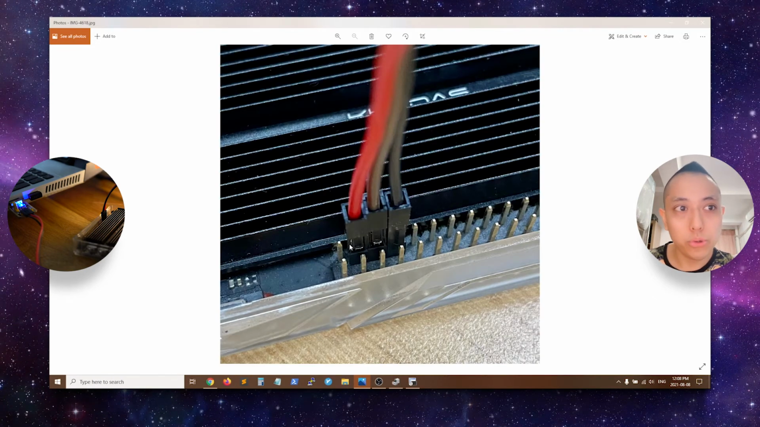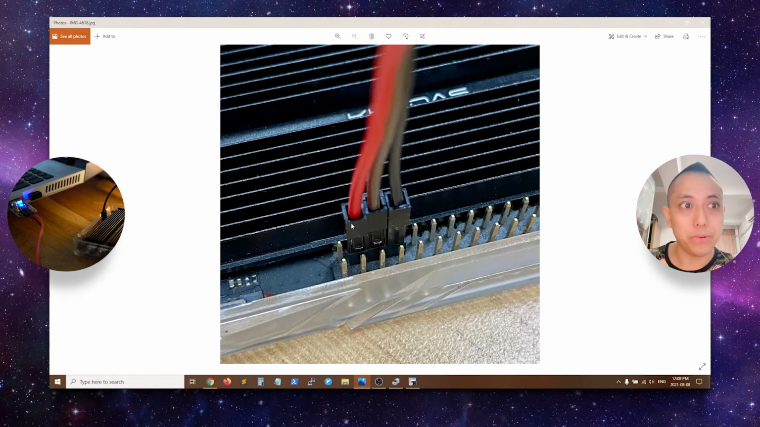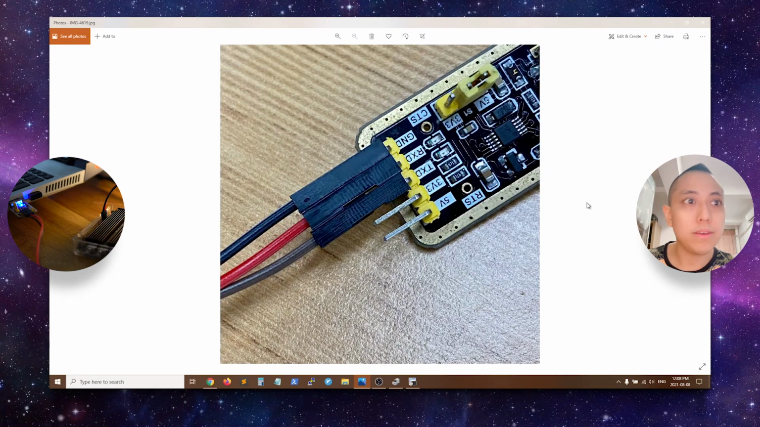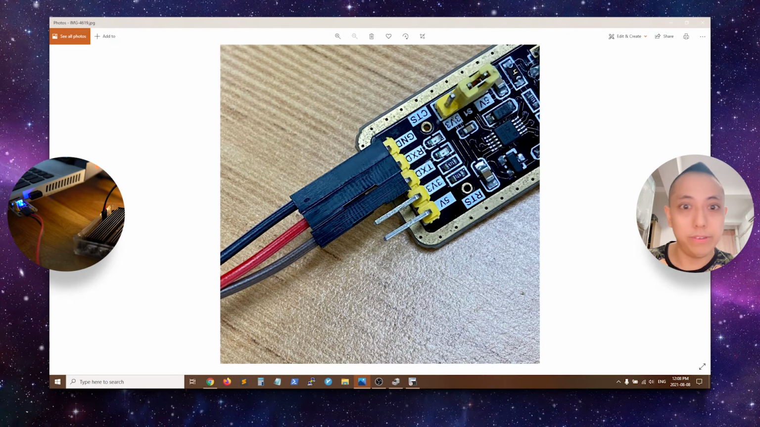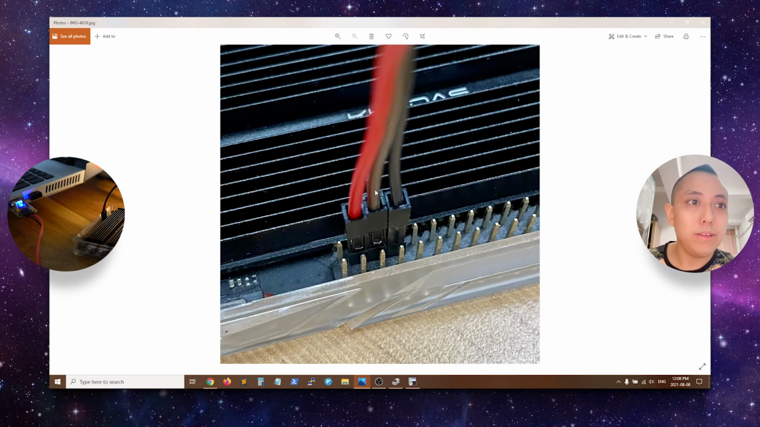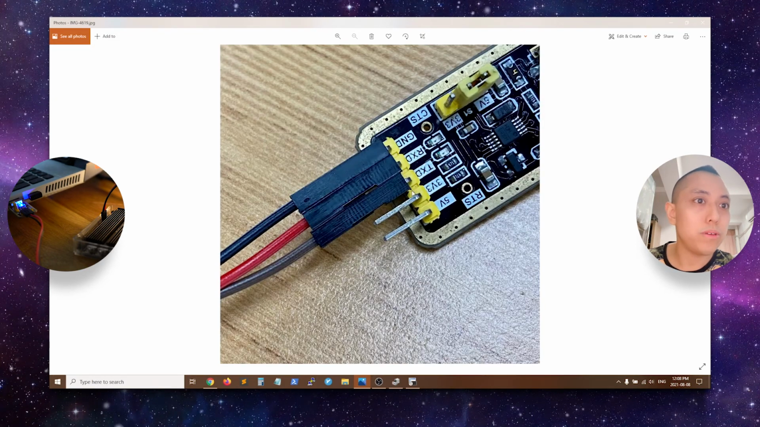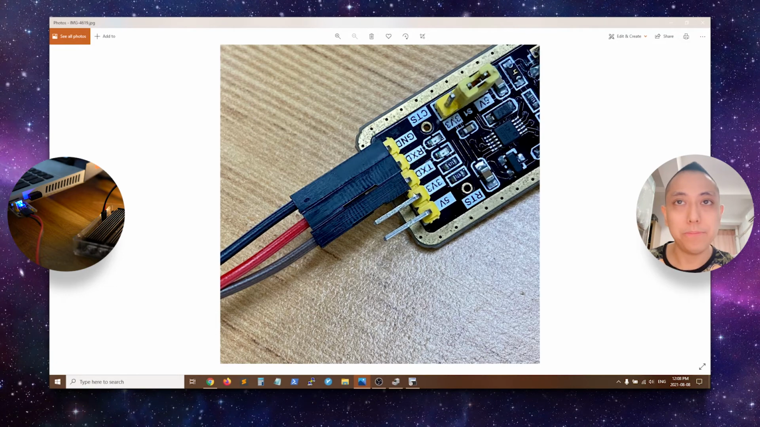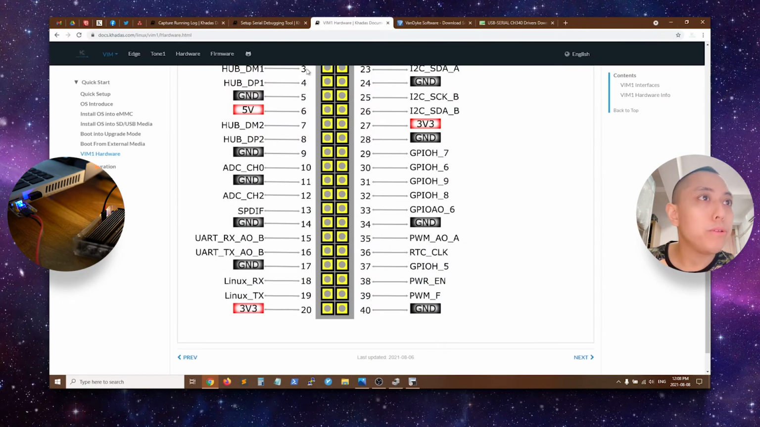So do note that they are reversed, okay? So transmit is connected to the receiving pin. Receiving pin here is connected to the transmit pin here. Okay, so with that out of the way, you'll also need additional